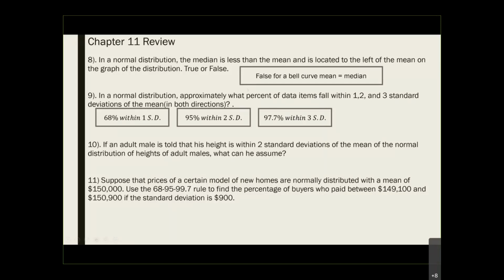Now they ask you to use this empirical rule to answer question number 10, right? If an adult male is told that his height is within 2 standard deviations of the mean of a normally distributed height of all adult males, what can he assume? What can you assume about his height? So looking at this one here,